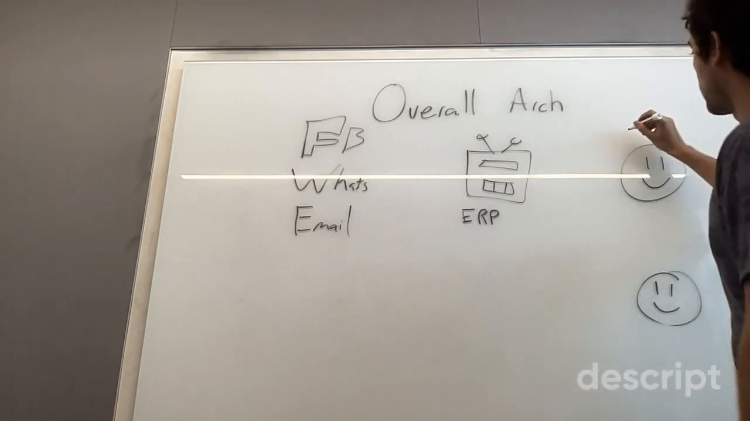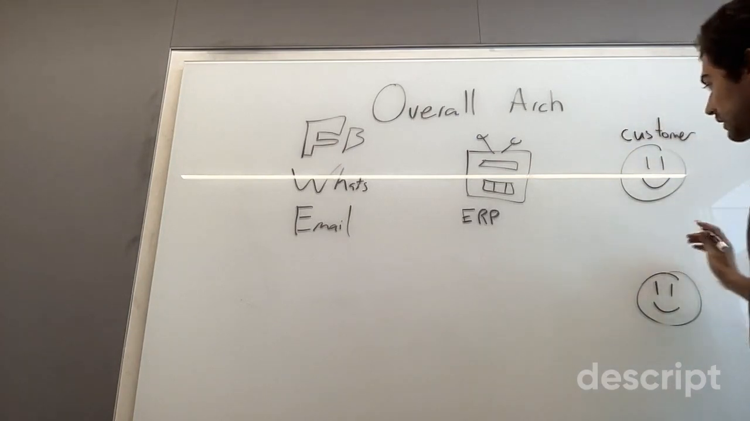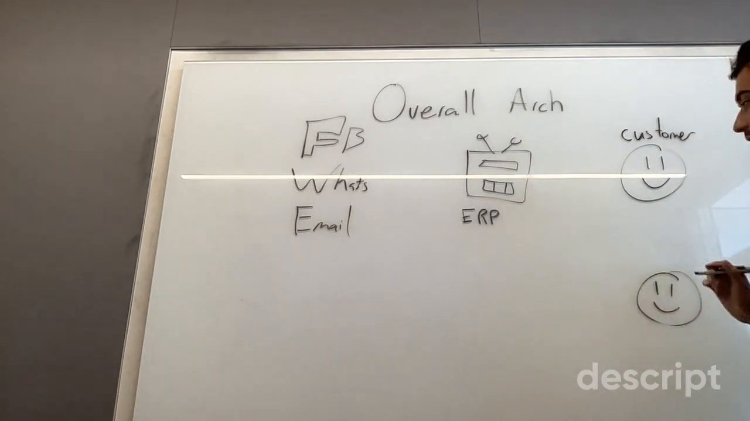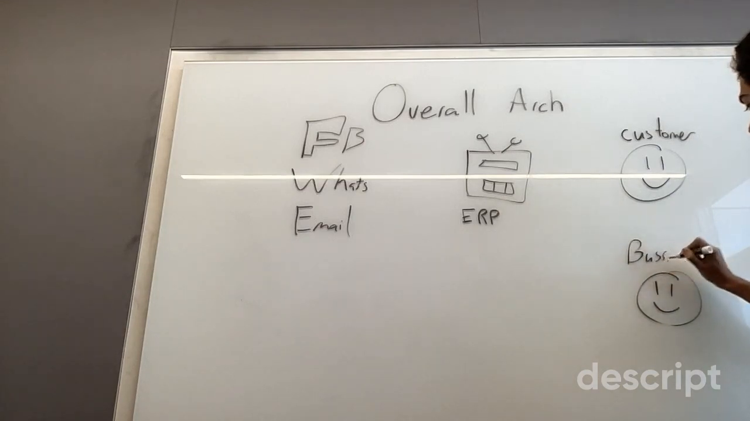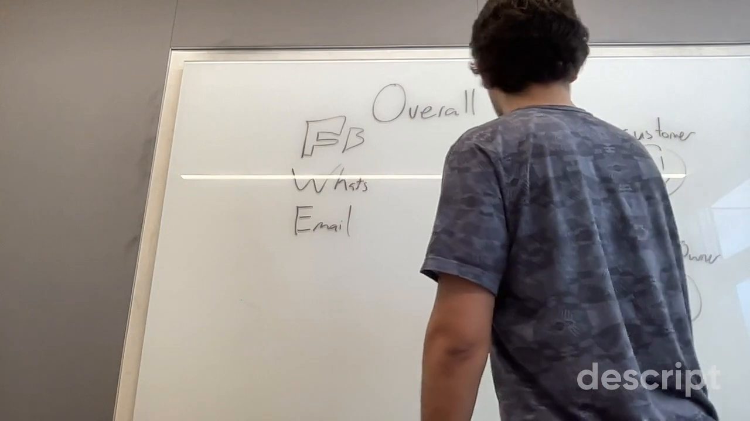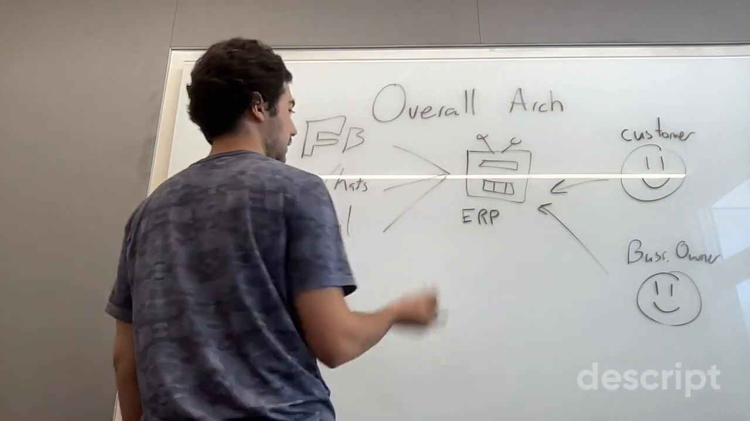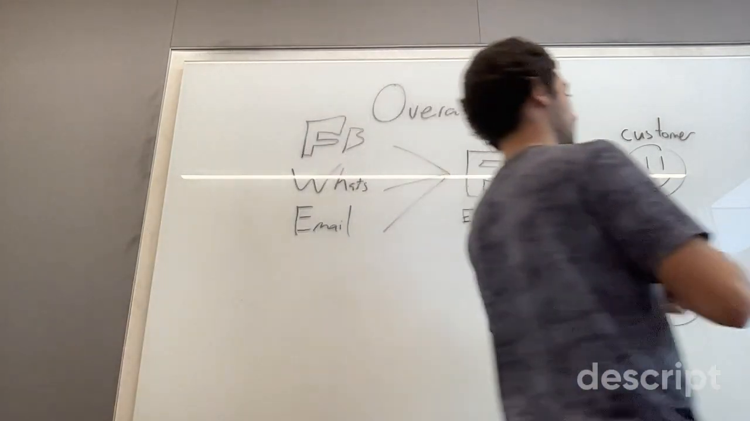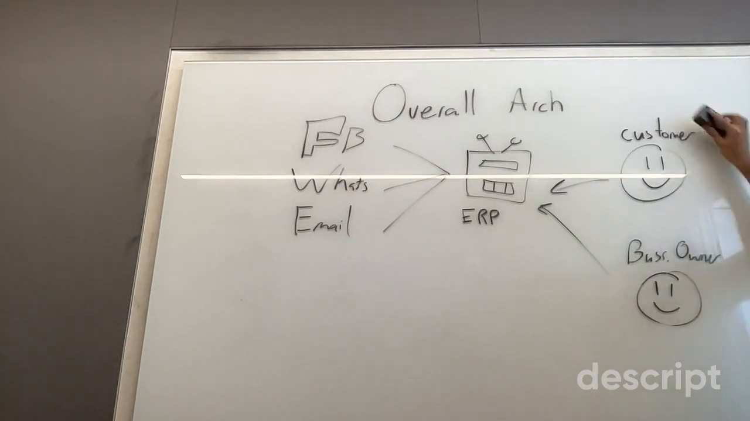So ideally, we have the customer here, and here on the other side we have the business owner, right? So the business owner. Right? So something like that. That is the overall goal, and the way I'm structuring